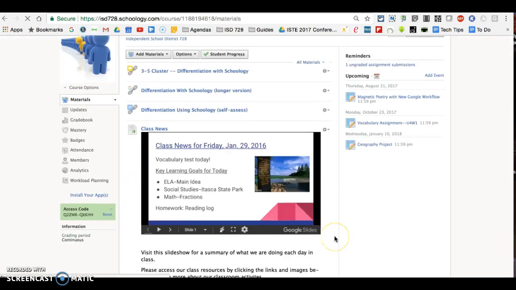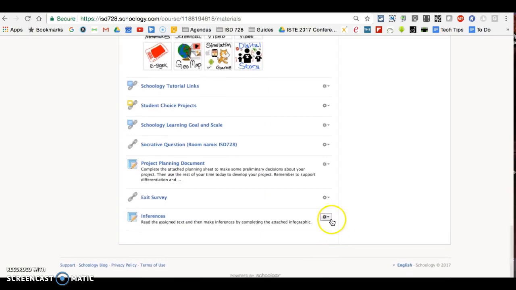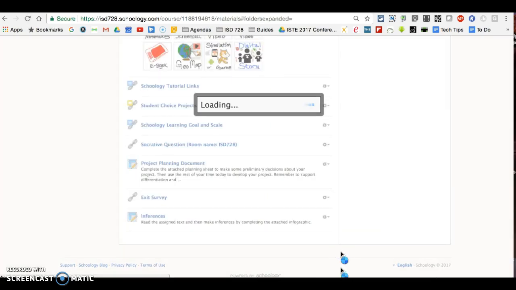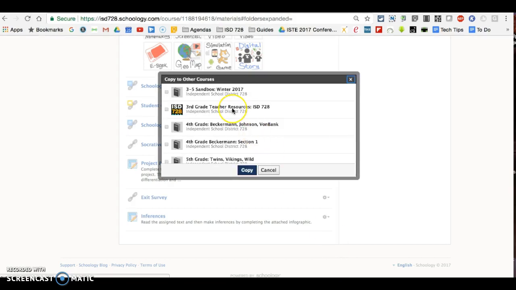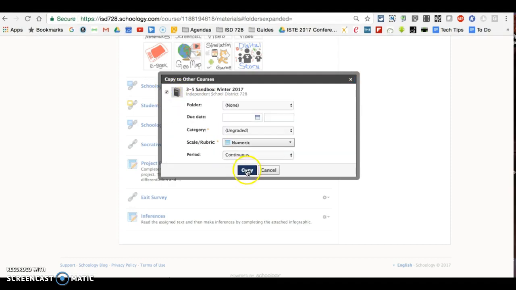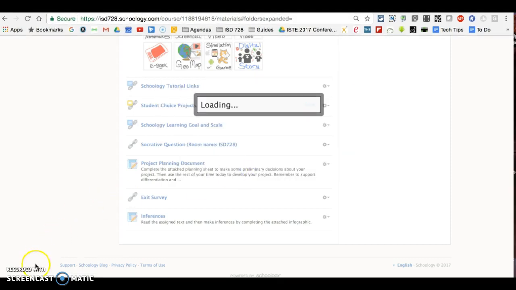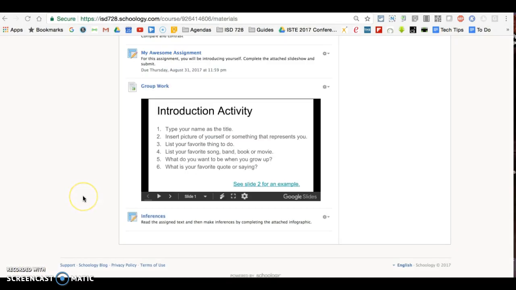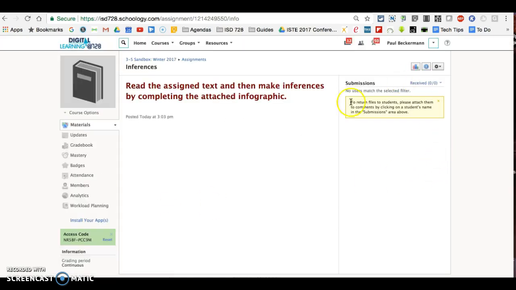So if I go to my assignment and I want to move it to another class that I have, I'd click the gear, I'll copy it to another course. You could be doing this from resources as well. If I choose another course and click copy, that will go to that course. So if I go to my new course, I'll see that that is copied here. But now when I click on it, I will see that it is reverted to the old version of Schoology